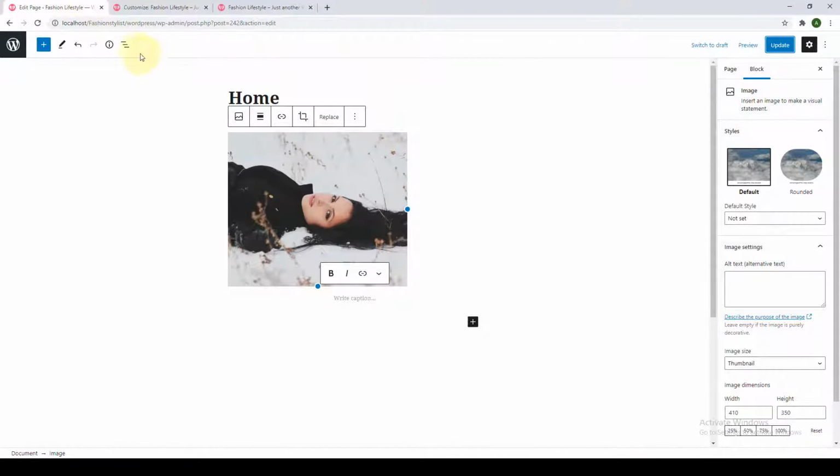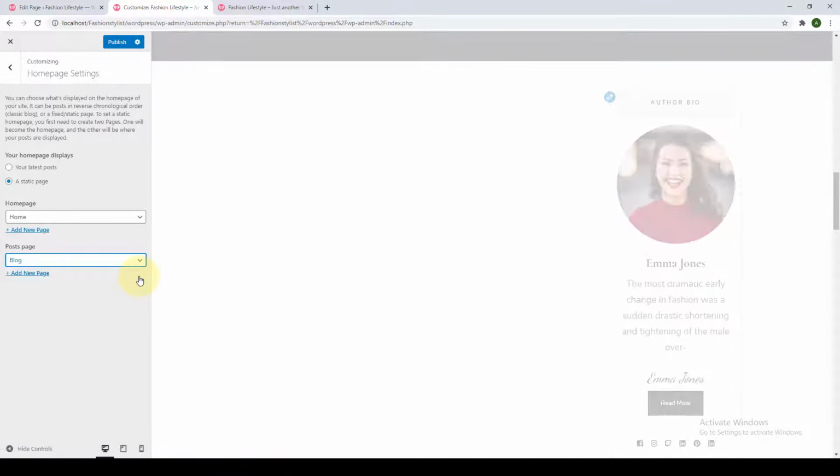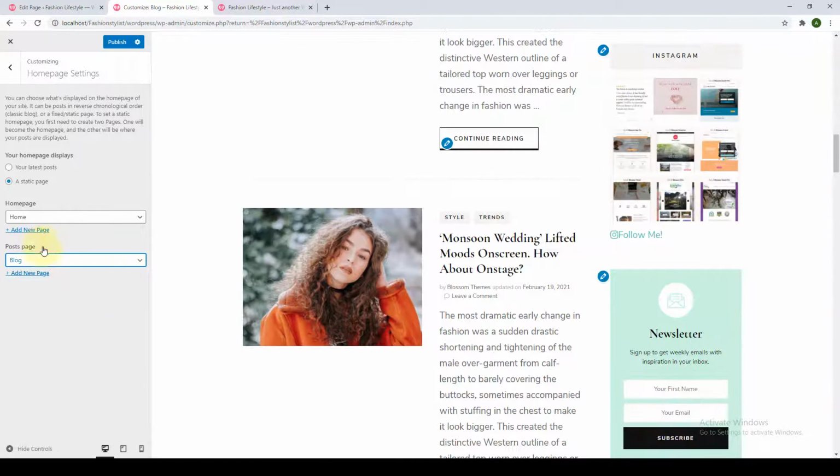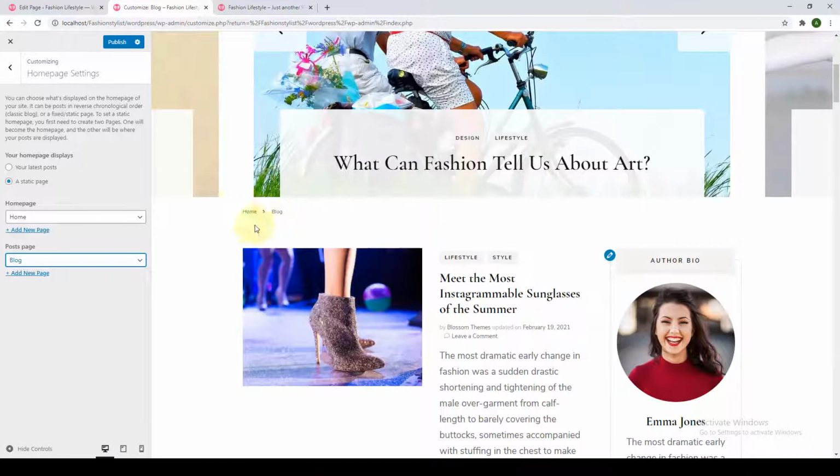But after you select a static page as your homepage, then you will need a page where all of your blog posts can be displayed. So for that, click on Add New and let's create a blog page. Click on Add. So now that you have created a separate page for all of your blog posts, you can see that you have a separate home page and a blog page. So if you go to Home,